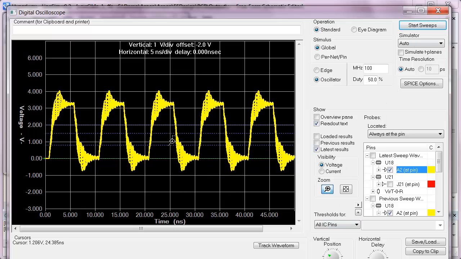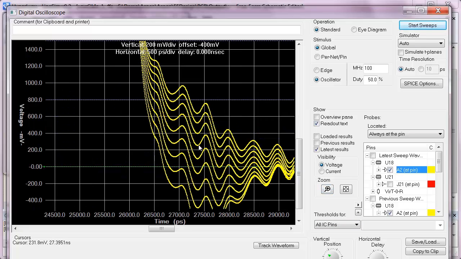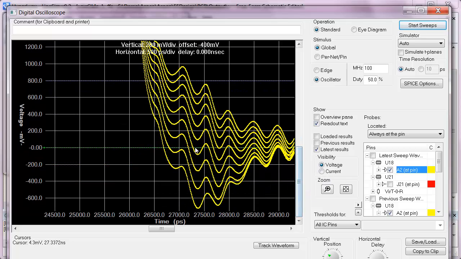So if I zoom in here on one of our logic thresholds, I can see that the smaller terminator gives us an earlier switching, and the larger terminators delay the signal some. So you can look at the different sweep values and figure out which one is going to give you the best timing, and then also you can look at the voltage thresholds